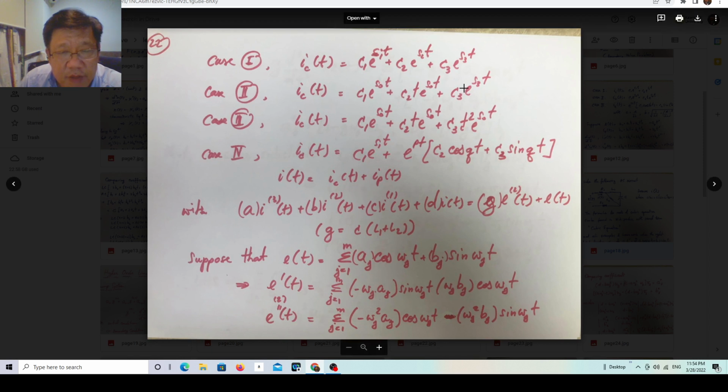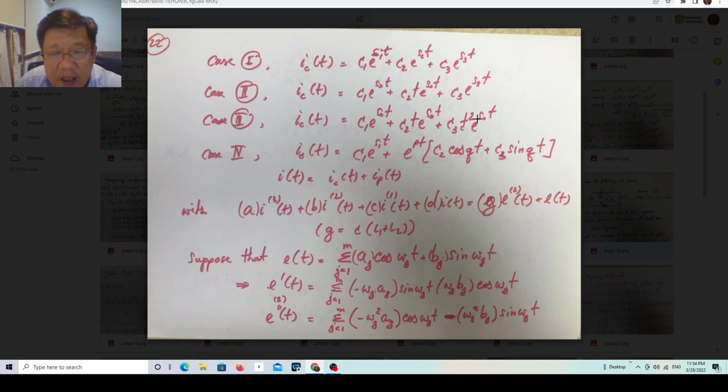Okay, you just use a similar thing to what you did in case 1. But for case 3, you can see that all three roots are the same, the same number as s sub 0. So you just extend the idea: remember that if you have two real roots, you extend to C1 and C sub 2 times t. If you have three same roots, you just add another term, but this one becomes another constant times